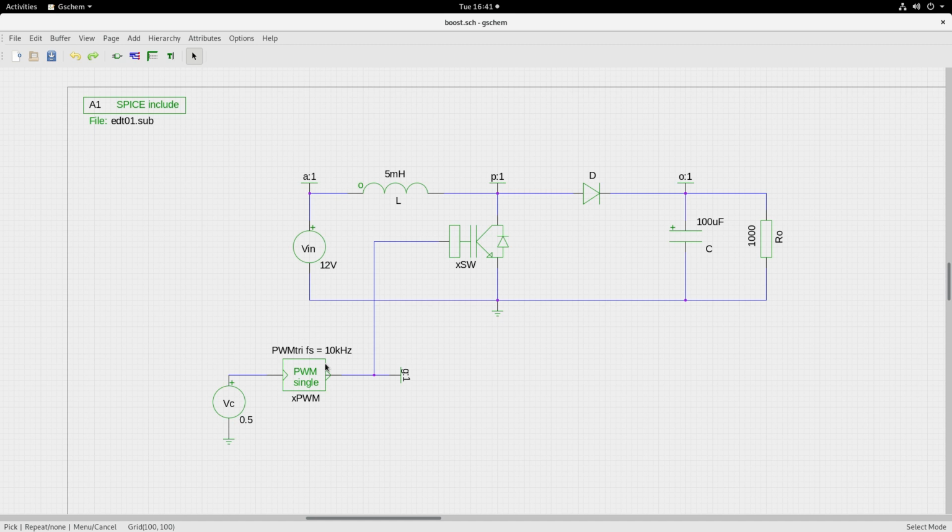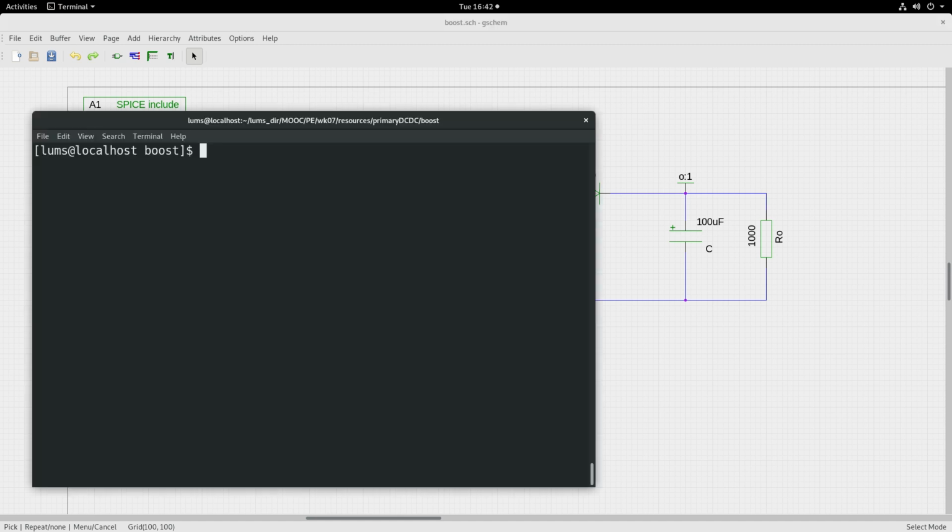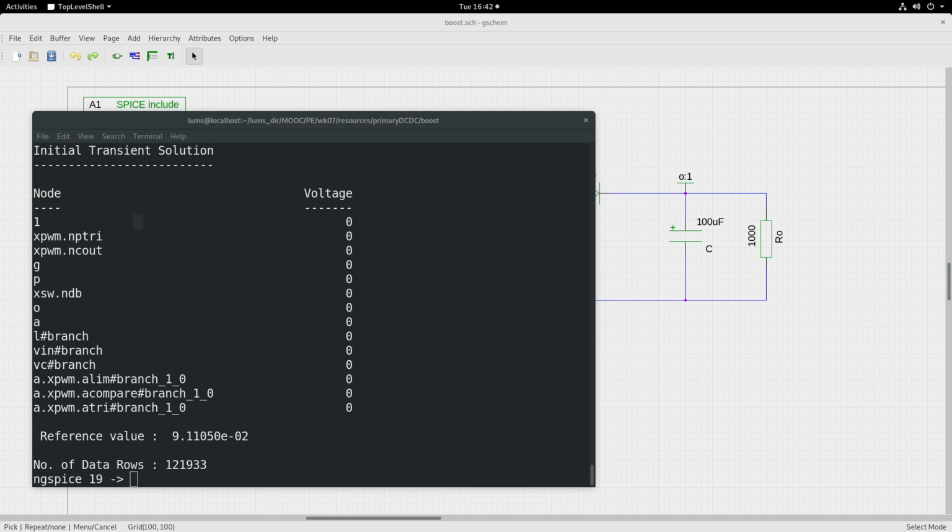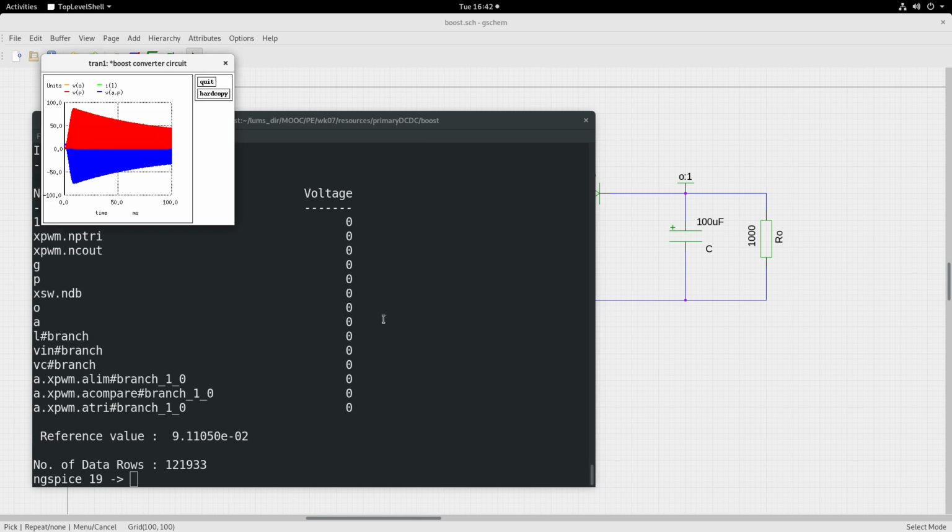We will go to the terminal window, and in the terminal window let us run the simulation for the boost converter schematic circuit. It will generate the netlist, it will execute, there will be a portion of dynamics, and then it reaches the steady state.